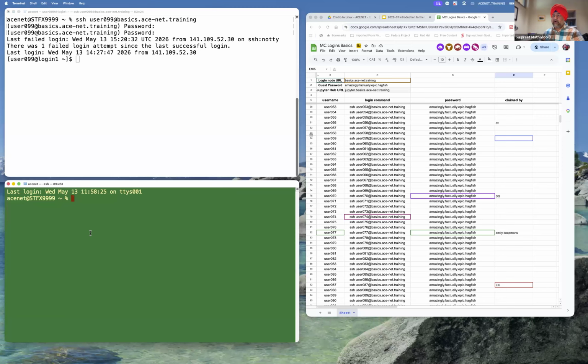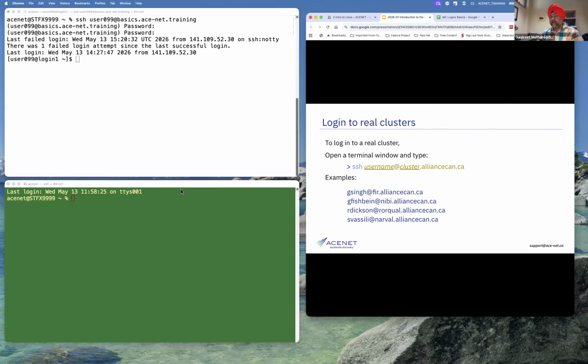And if you want to log on to any one of those, like Nibi, for example, someone wrote it down there. So let's log on to Nibi. So SSH, there will be a username over there, and then nibi dot alliancecan.ca.